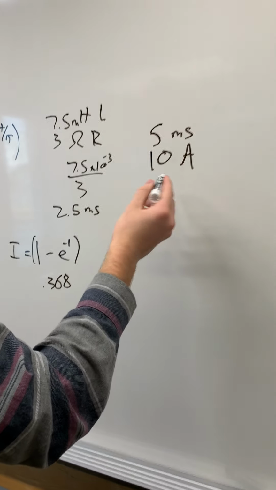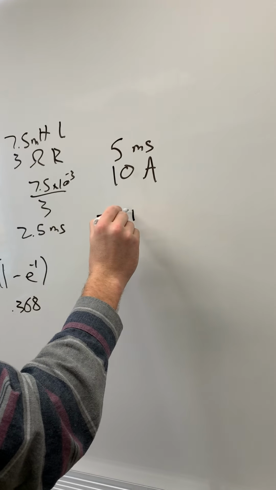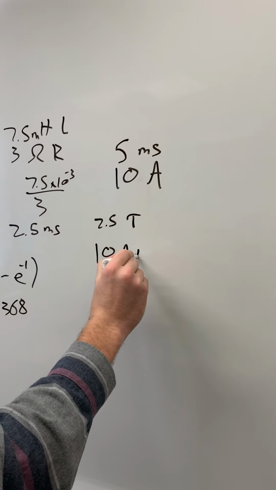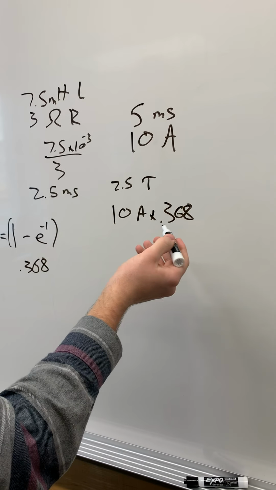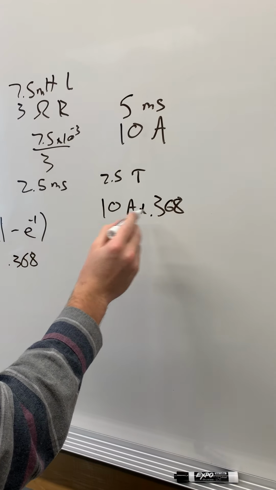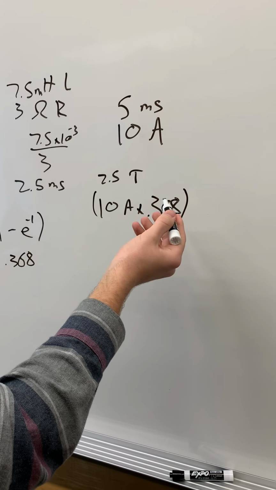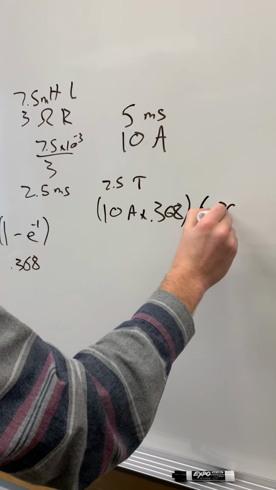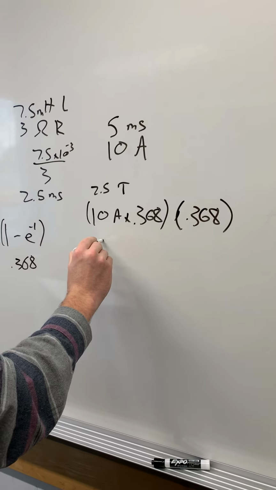After 2.5 milliseconds, we know that's one period of time for the tau. So we take our 10 amps multiplied by 0.368 from our initial equation. And then to do this for 2 periods of time, for 5 milliseconds, we'd multiply that by 0.368 again, which would give us an answer of